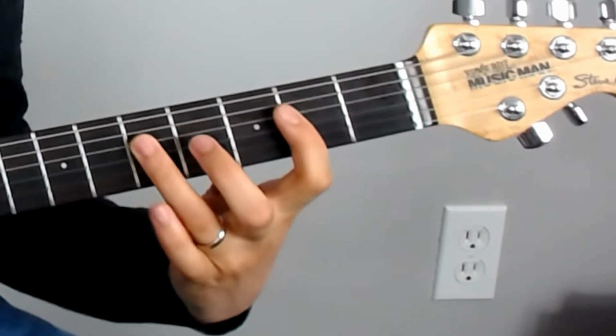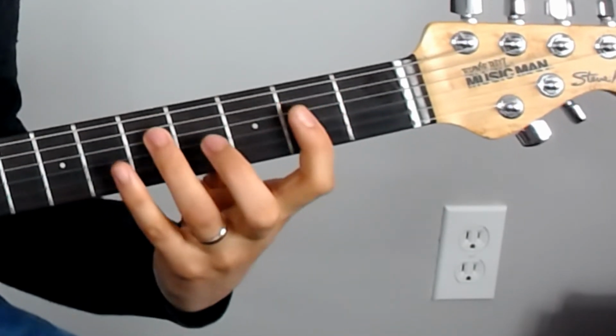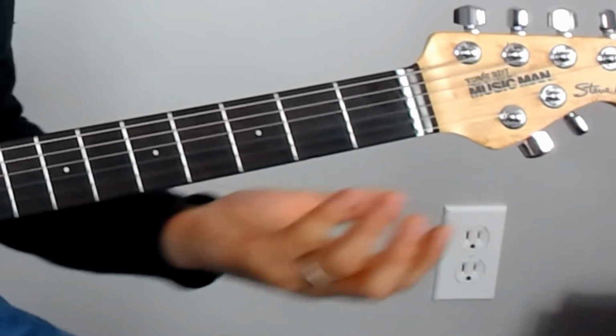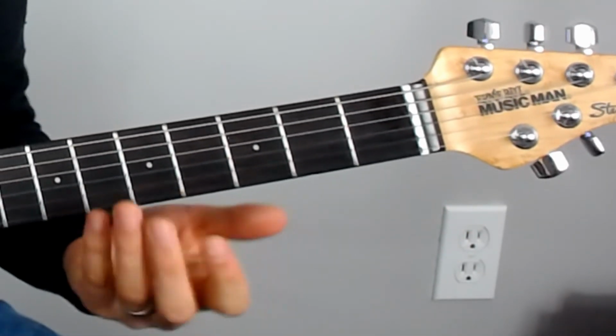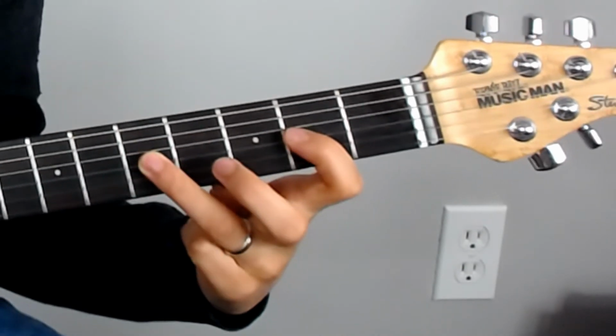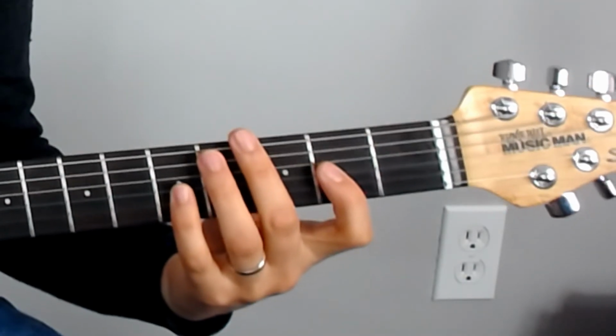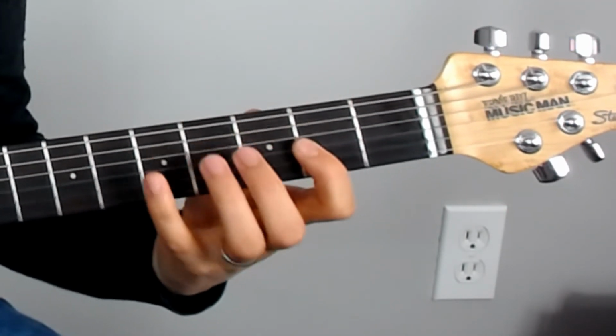And some of you guys might find that stretch to be not so bad. If your fingers are in good condition, maybe you have larger hands, no problem. And other people, if you have smaller hands, or if your hands aren't stretched out that much, that might be a humongous stretch. So either way, it's a good idea to have that other fingering here, 1st finger and pinky, to practice